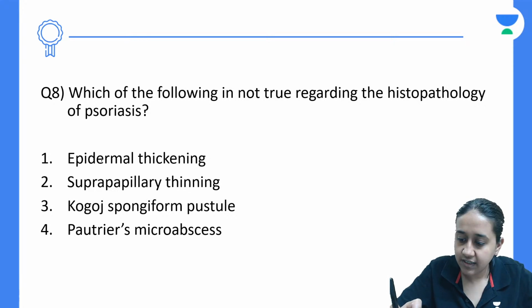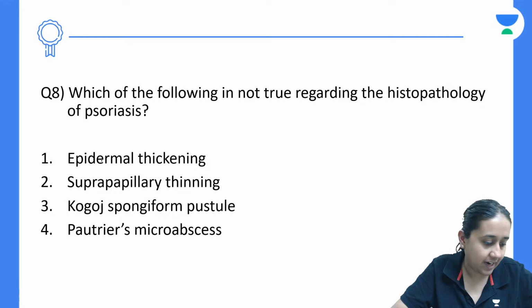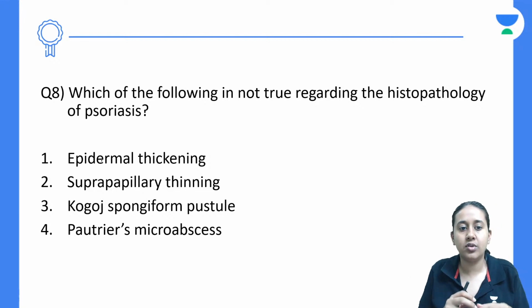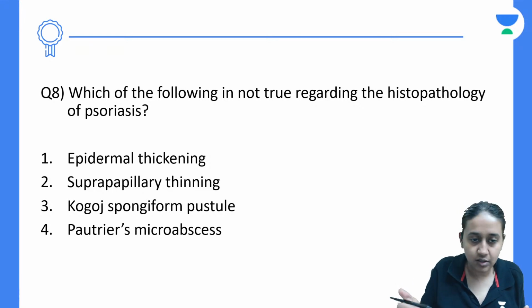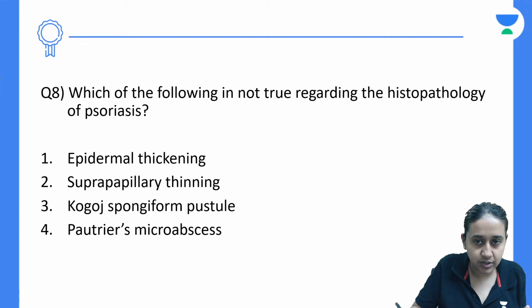Which is not true regarding the histopathology of psoriasis? Epidermal thickening, suprapapillary thinning, Kogoj's spongiform pustule, and Munro's microabscess. What is the answer? Which of the following is not true regarding the histopathology of psoriasis? Very nice. The correct answer of this question is